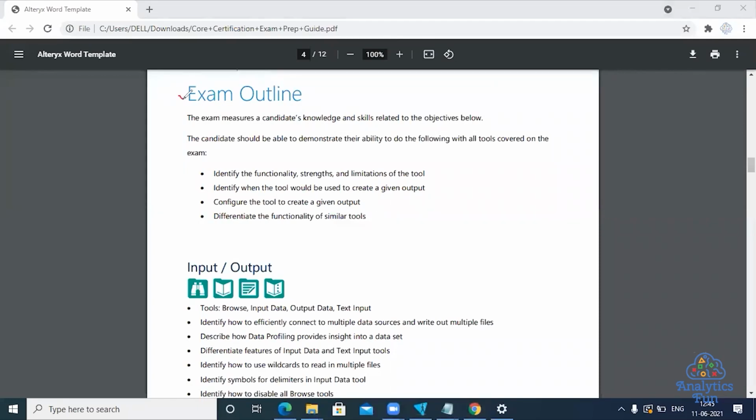So, exam outline, let's read through this. This exam measures a candidate's knowledge and skills related to the following objectives, and there are 4 objectives given over here. First is identify the functionality, strength and limitation of a tool. You should be very familiar with the functionality, strength of a tool and the limitation of a tool, and there